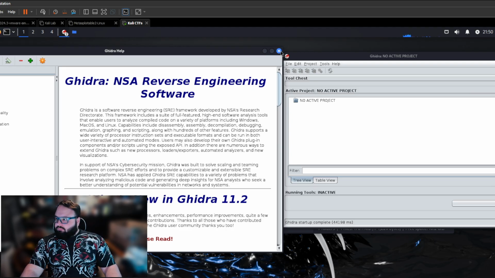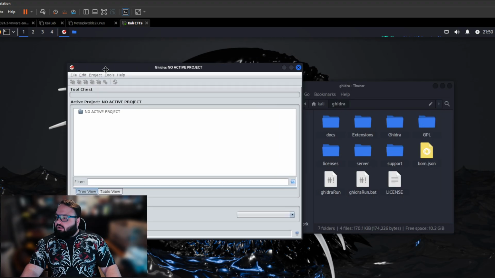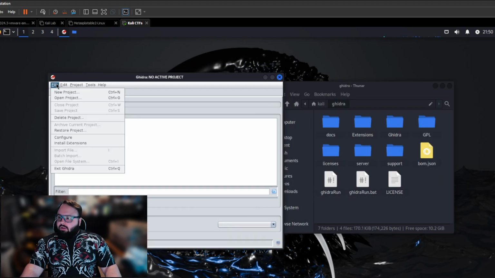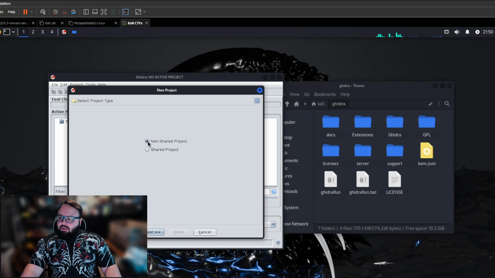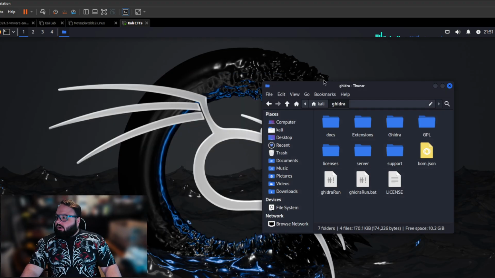So there are other resources online. I prefer watching videos of people explaining how to use Ghidra, but yeah, we are here. You can create a new project and then get into running reverse engineering and malware analysis for your capture the flag after you've downloaded a file you would like to examine. But that's it. That was how to install Ghidra and how to get it up and running in your Kali